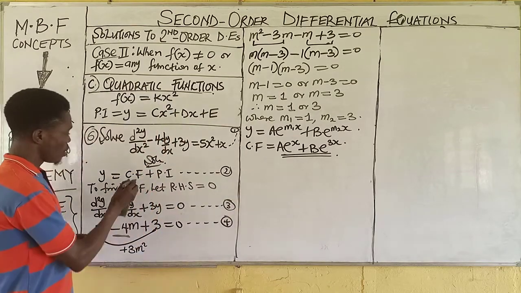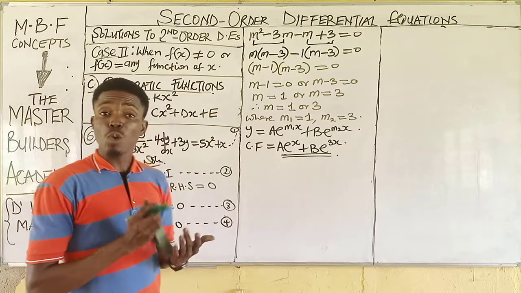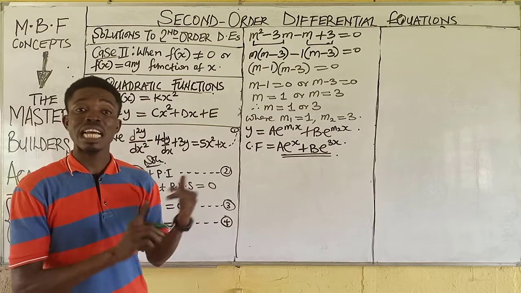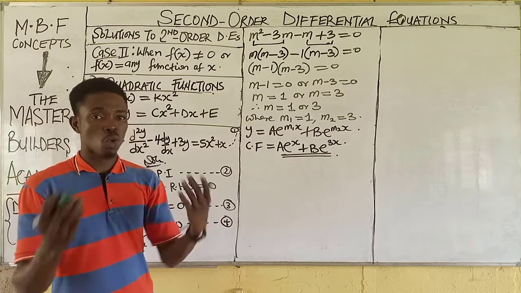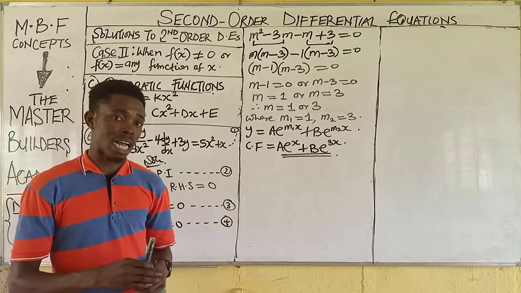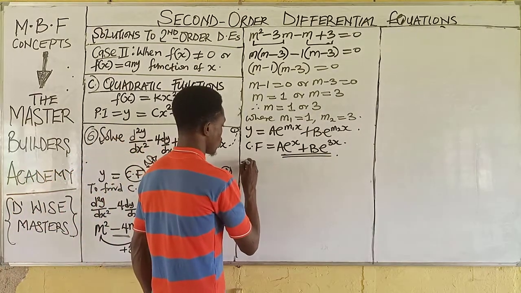Now we have gotten the first class. Then we look at the second. Now to find the particular integral, the methods are the same with constant, linear, or even quadratic. All you just need to know is the particular formula you need to make use of. Now we state here that to find